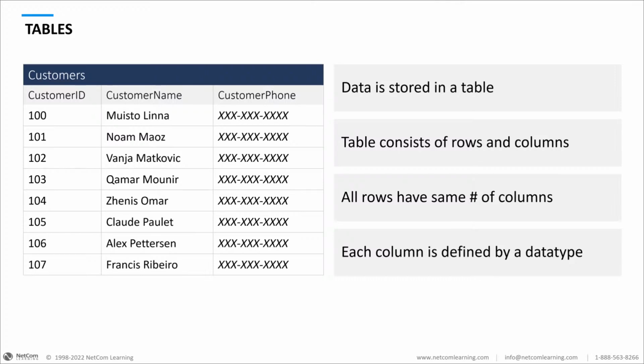For the customer name, we would probably create a varchar text field. The reason that we would use a var is because we don't know how long a person's name is going to be. So we will create a table column that has a data type of var, so it allows variable length. It could have 2 characters, it could have 50 characters. It's just whatever the person's name is. And then the customer phone one could be an integer, it could be a float, it could be a whole number.